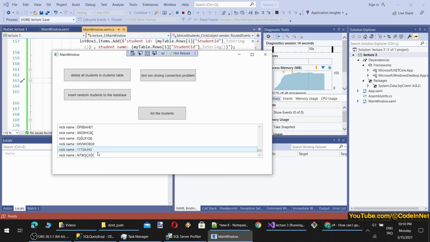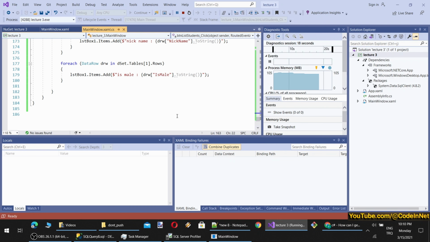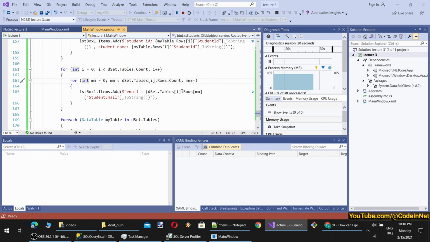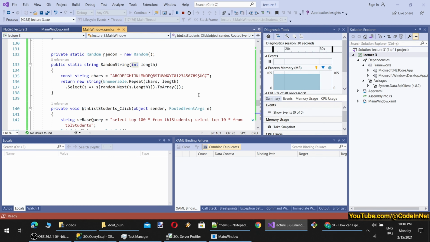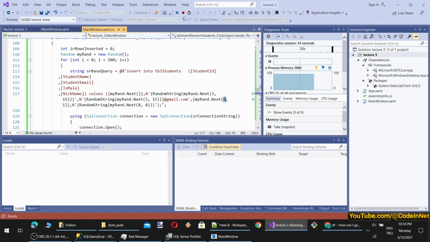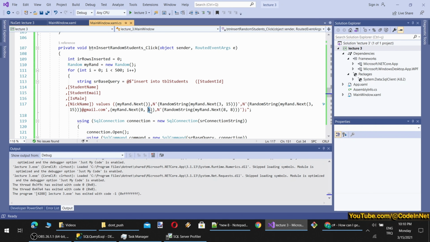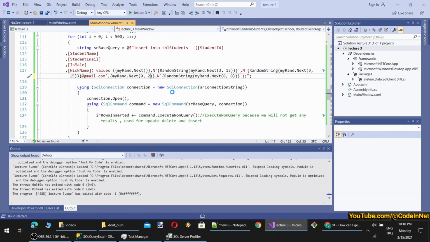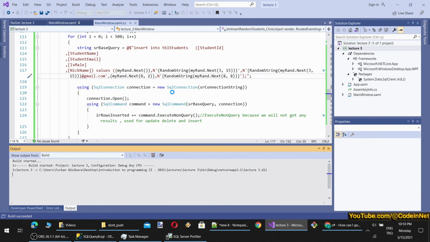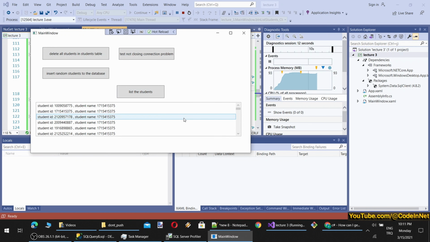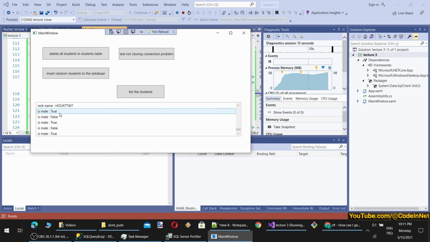They are all false. This is weird. So yeah, looks like I see. When we insert the data with minimum 0, then the maximum 1, 1 is exclusive. Therefore, we have to set it as 2. So let's delete all the records in the database. Okay, you see all deleted. Let's insert some. Okay, we have inserted. Now we can see, okay, true, false, true.